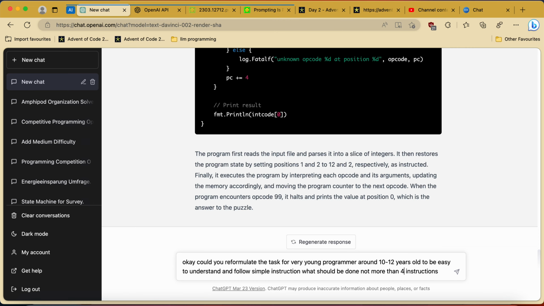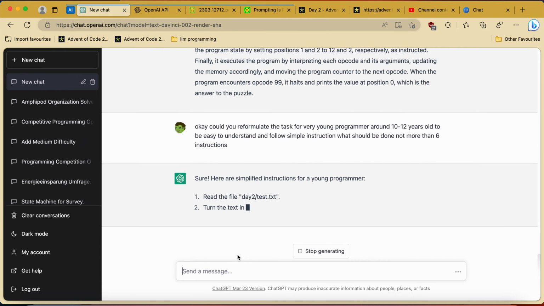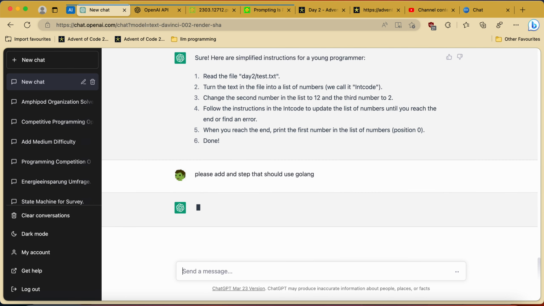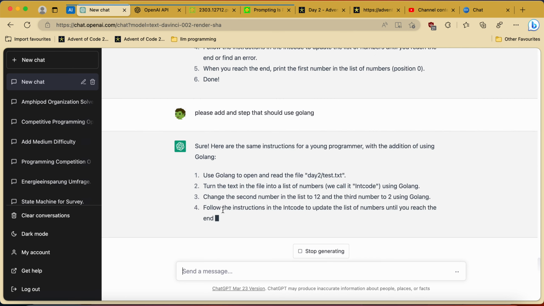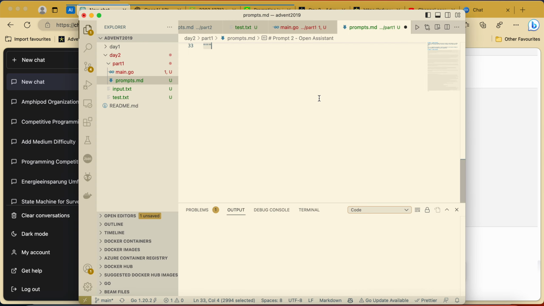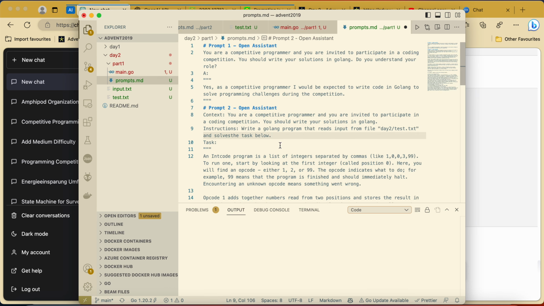Not more than 6 instructions. Please add a step that should use Golang. Okay, let's try